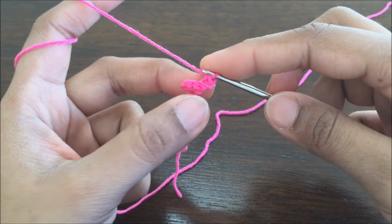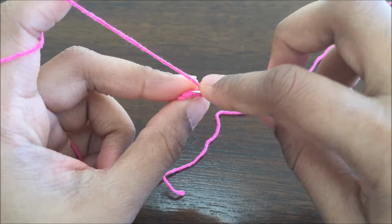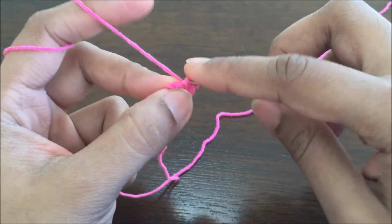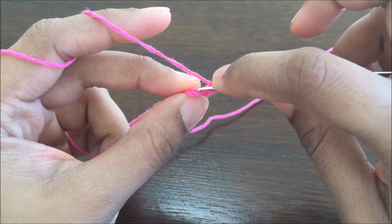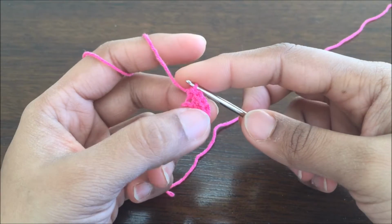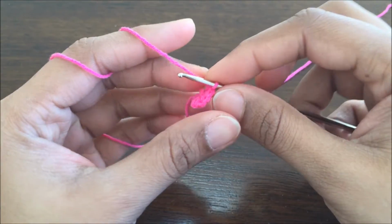and in this row I will do 1 single crochet in the first stitch, 2 single crochets in the second stitch, and 1 single crochet in the third stitch. So now I have 4 stitches. Again turn the work,